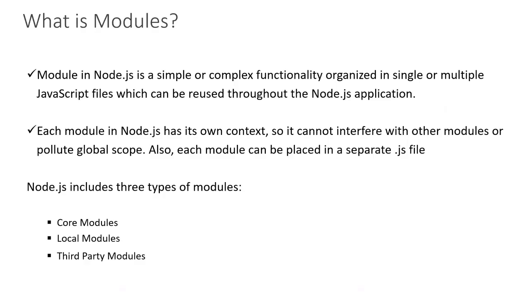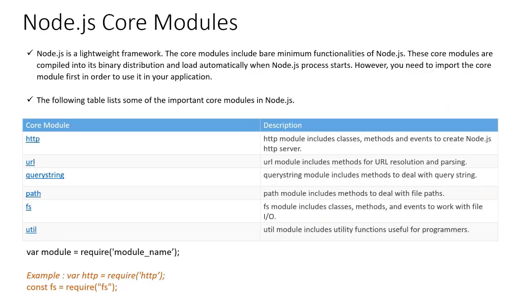Core modules are a lightweight framework. Core modules include the minimum functionality of Node.js. The main functions are like HTTP, URL, query string, which are nothing but browser functionality, right? These are the things available: file upload or download, or utility. It's totally browser-based functionality. These are the core modules available in Node.js. I'll show you how to use the core modules in our applications also. The reality in the background happens like that. You need to know the background, then only can you use it properly in our SharePoint Framework.